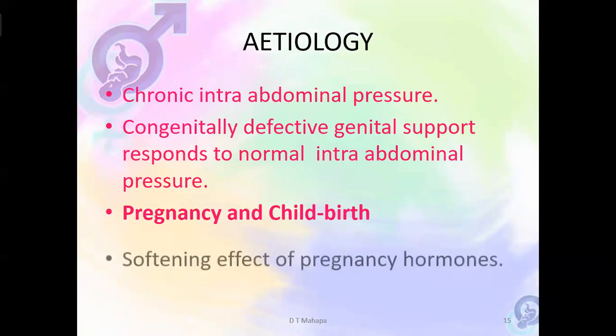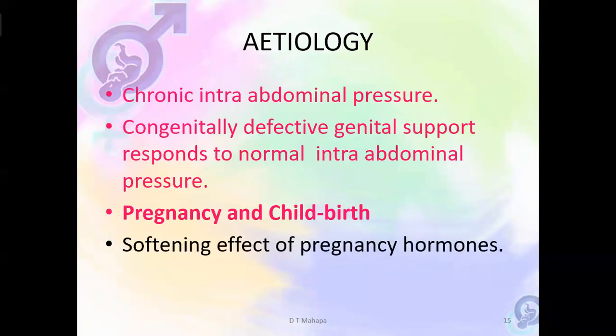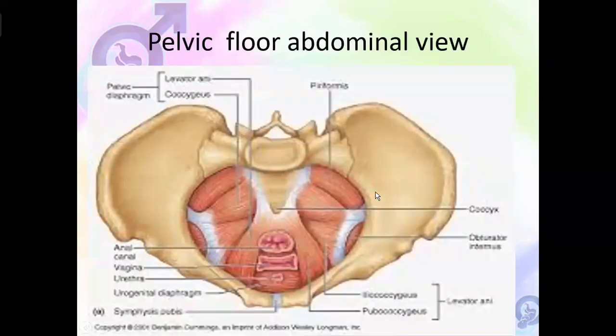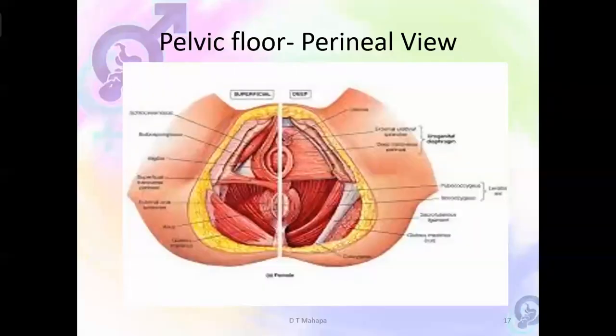Because during pregnancy, there is softening of the muscles and ligaments by the pregnancy hormones. But during delivery, with those softened muscles and ligaments, they stretch, they get overstretched. And during involution, they don't return back to their normal length. So women who are doing heavy manual work are increasing the intra-abdominal pressure and putting a strain on these muscles, which line the pelvis, which are called levator ani, which I talked about. If you see them from below, they're like this. You put a strain on them.